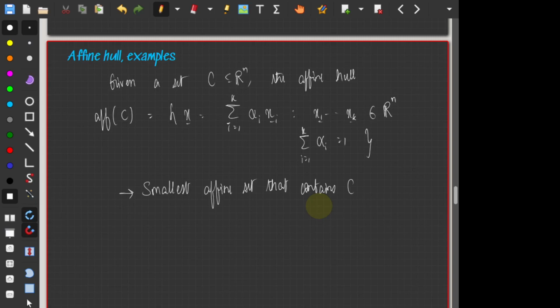Suppose I have a set which consists of only 2 points. What is the affine hull going to be equal to? It's going to be the line passing through these 2 points,